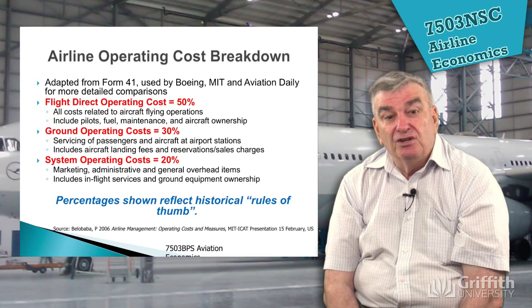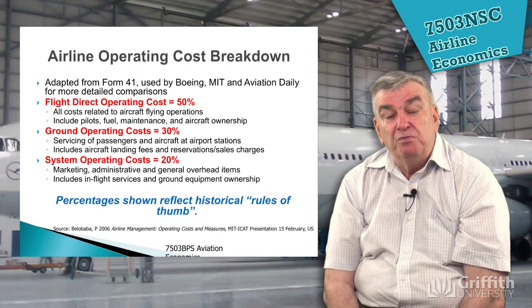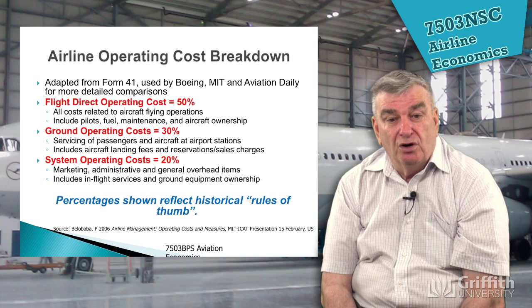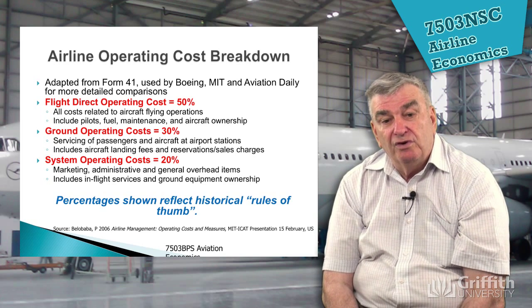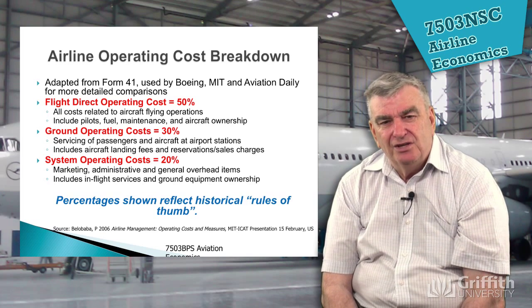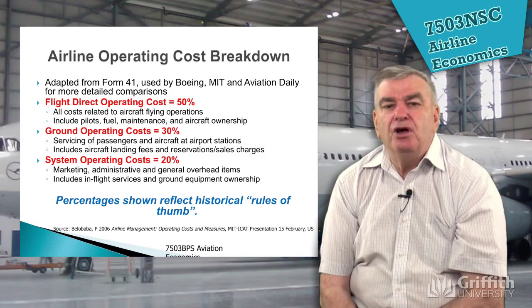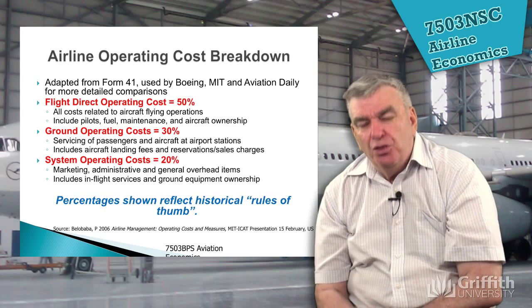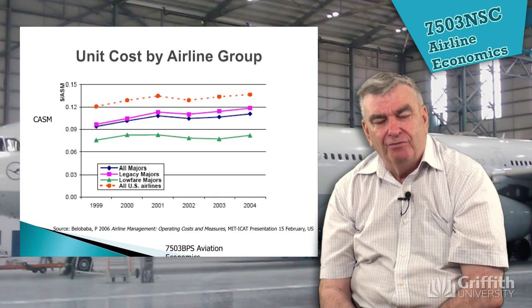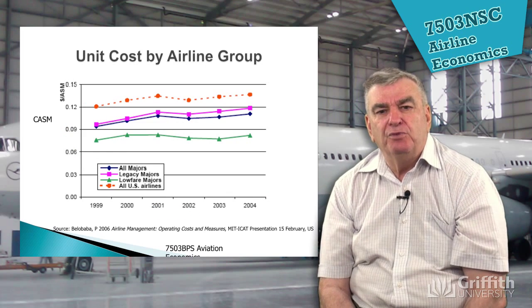And for example, they tell us that flight operating costs are about 50%, the ground operating costs are about 30%, and the system operating costs, that is those overhead costs that we've got, around about 20%, and they provide a rule of thumb. So it's understanding those figures by themselves that really helps us get an understanding, so that we can look at a cost itself and say, okay, what's a rule of thumb to break that cost